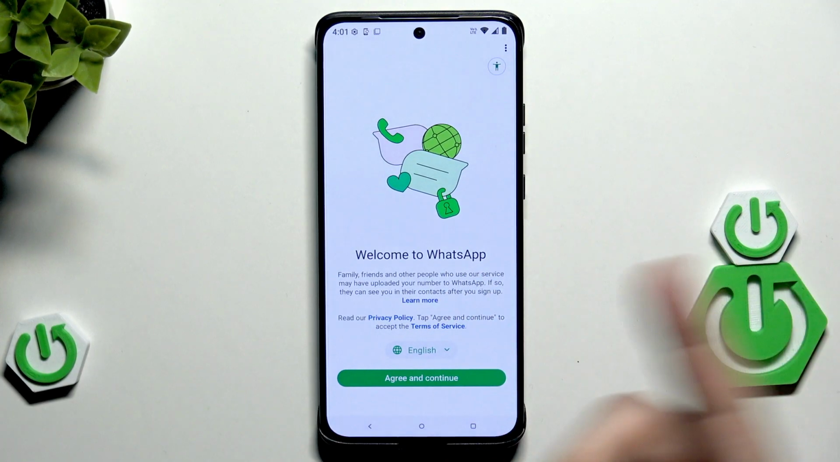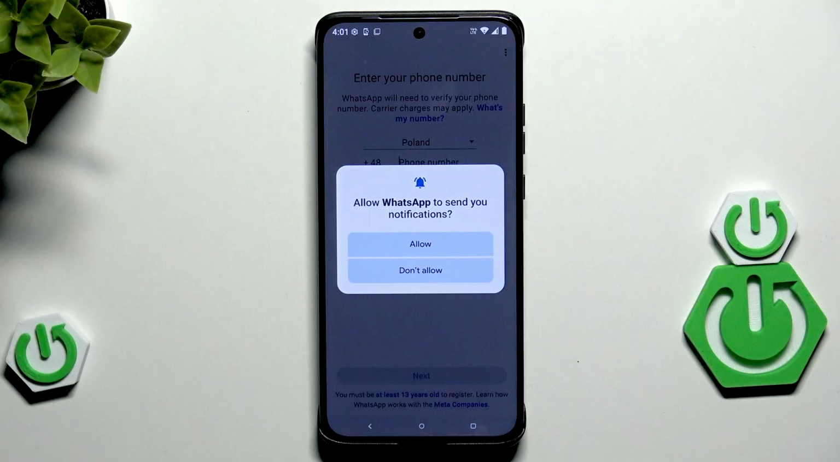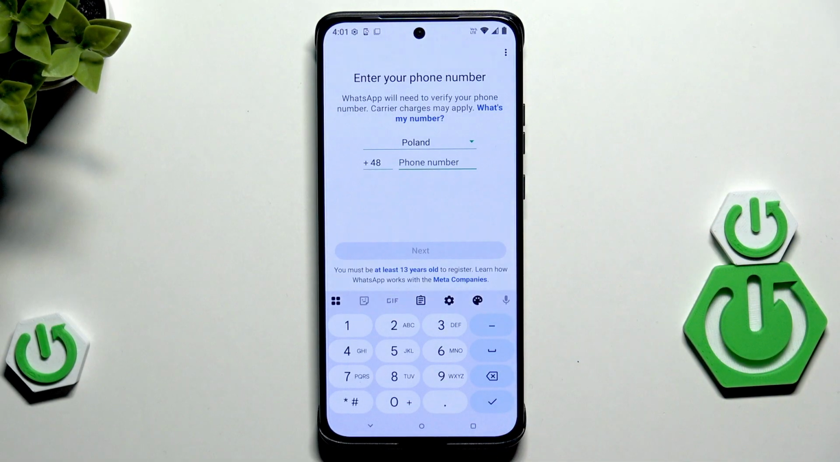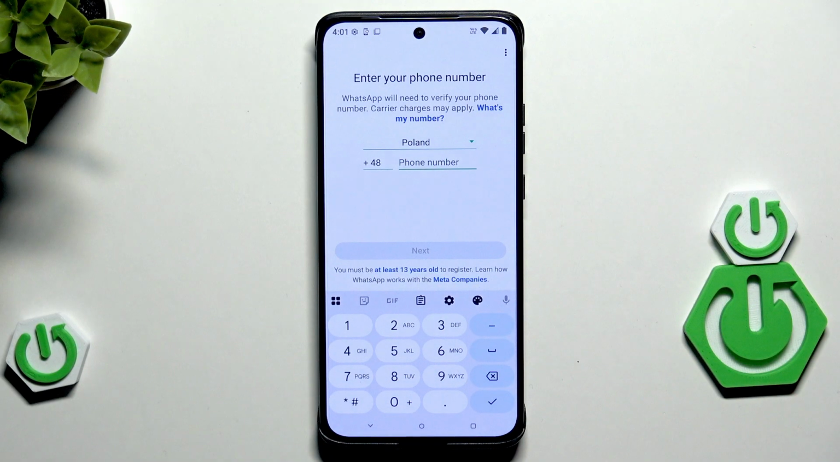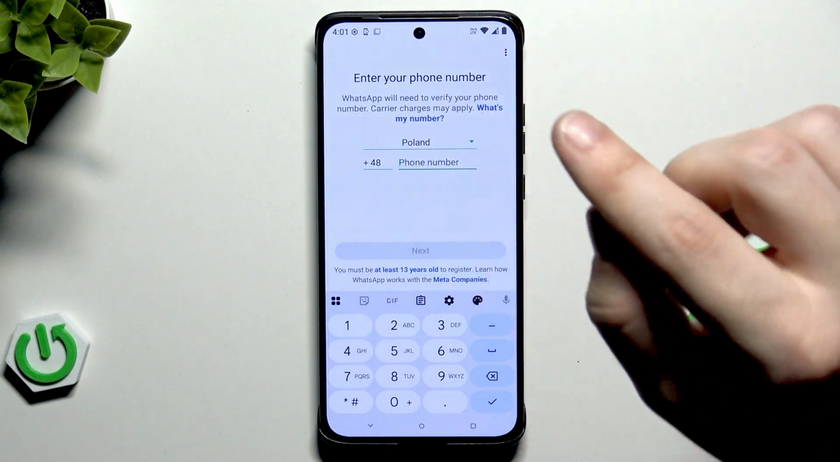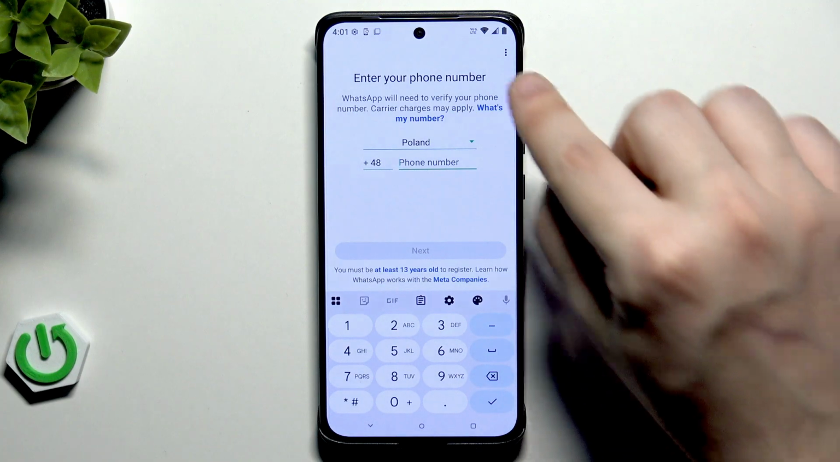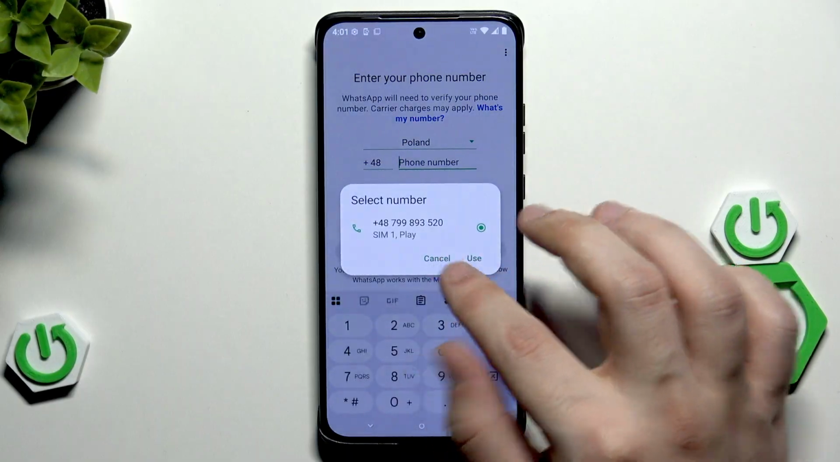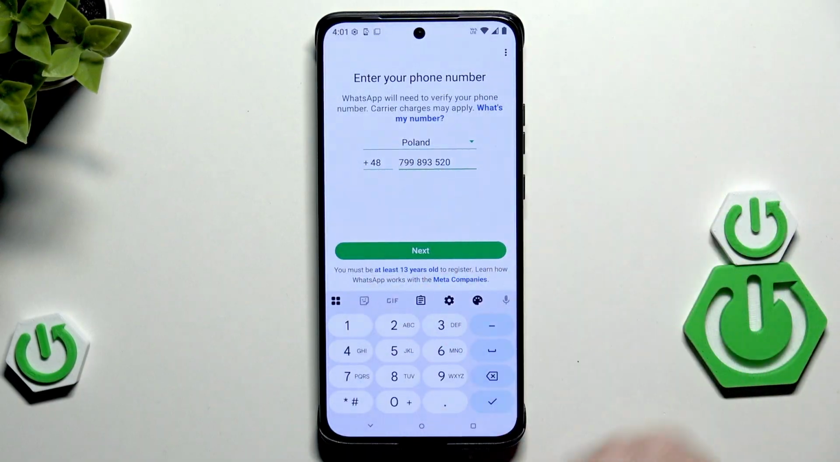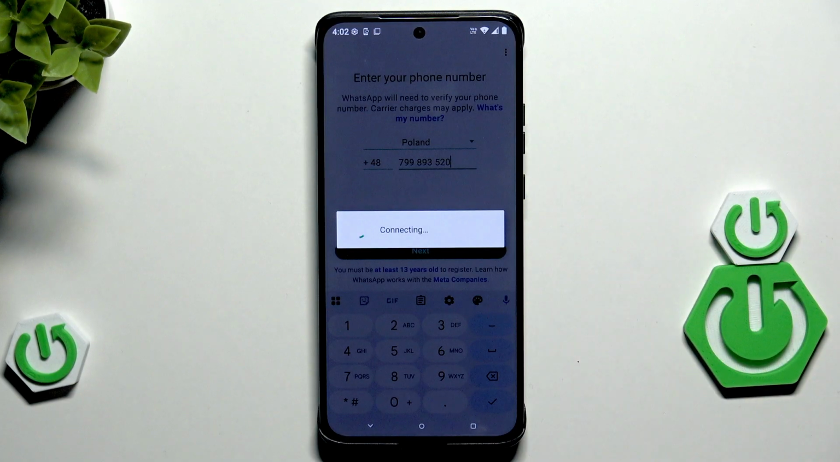In here simply select your language and click on agree and continue. We can click on allow to send us the notifications. Now in this bar we need to type our phone number. If you don't remember your phone number, you can always click right in here, click on continue, click on allow, and as you can see, your phone number will be automatically copied. Now click on next,